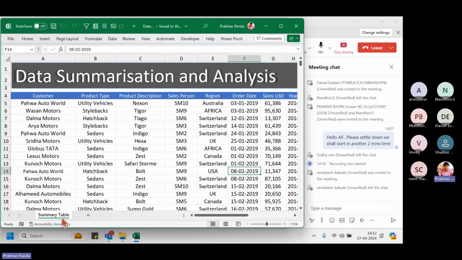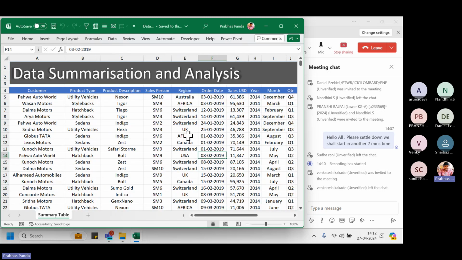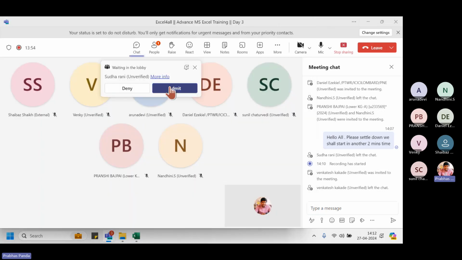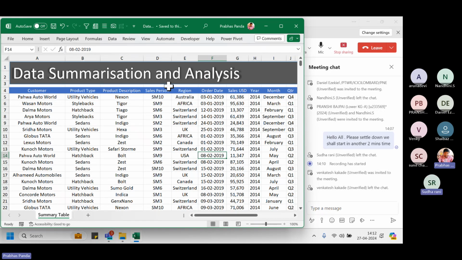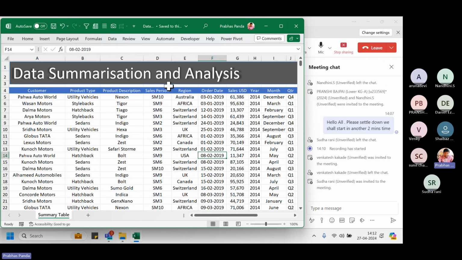Great. Now you can notice there is a huge amount of data here. Let me first give you the background story of this data, what we have with us, what the objective is, and what we are going to achieve out of this. Suppose, for example, at 9:30 in the morning I have dropped into the office and immediately my boss called me. Pravas, please come to my cabin. I need to discuss something with you. When I went to his cabin, he started saying that Pravas, I was going through all the monthly